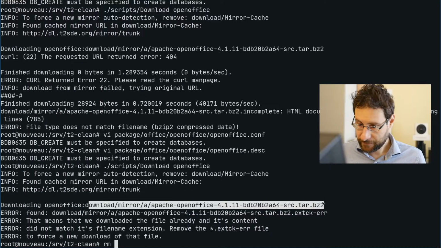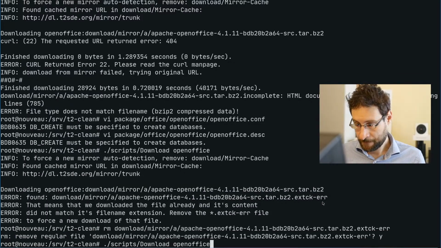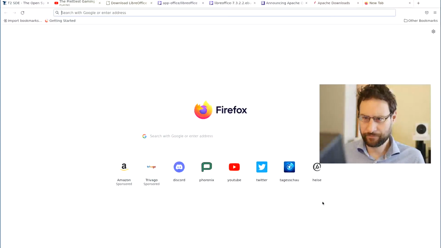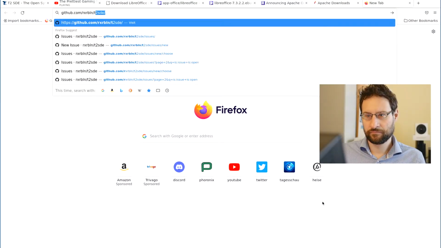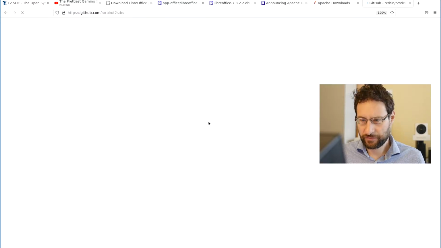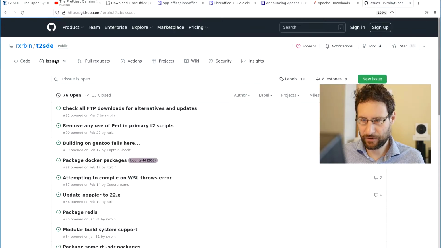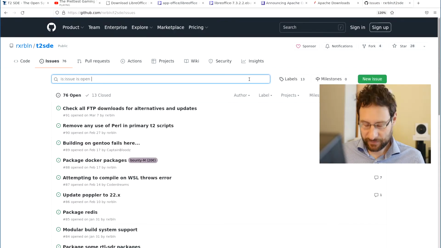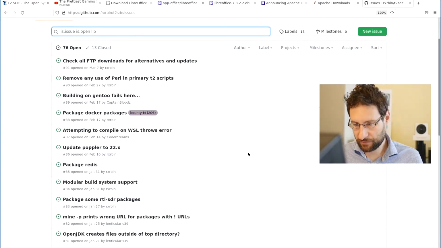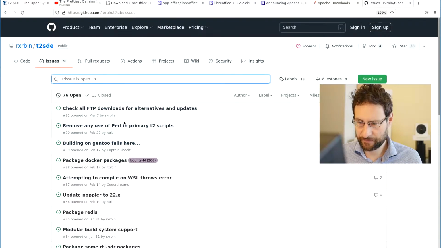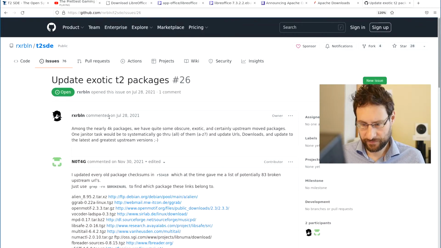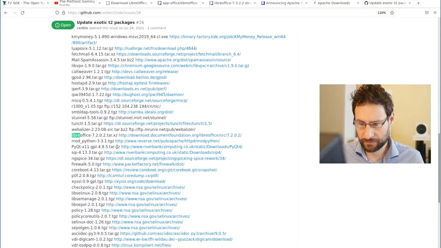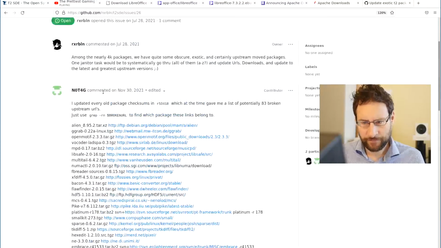Maybe I should check if we have an issue for that already. We have some. This is also why I have bounties for some things, right? Because basically I'm not very much. Of course, our bounties are not the largest, but working on it. Do we have LibreOffice here? Oh, someone had. Oh, okay.